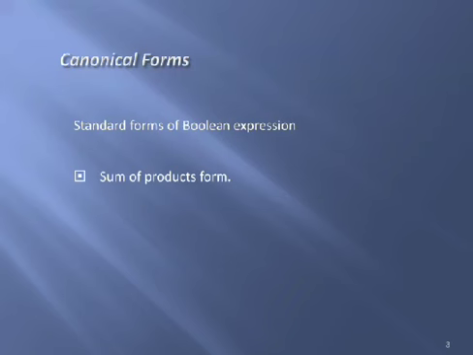So there are two different types of standard forms of Boolean expression. One is sum of products form, and second one is product of sums form. In the name itself, you can understand sum of products. That means you will be having different product terms, and you are summing those products. That you can call it as sum of product terms. And similarly, the second one, that is product of sums terms. In that you are having some terms called sum terms, and you are producting those sum terms, which you can call it as product of sums.